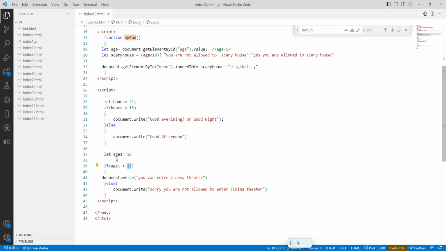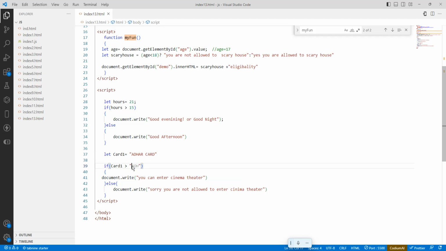Instead of age, I will do Aadhaar card. So card 1 is an Aadhaar card, so here card 1 equals to